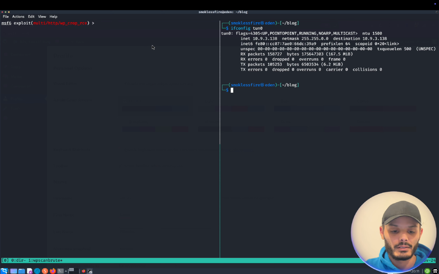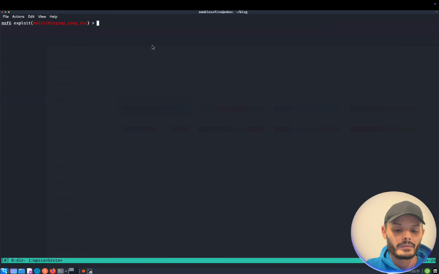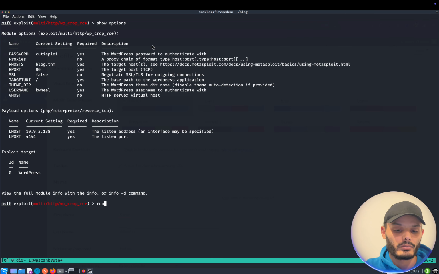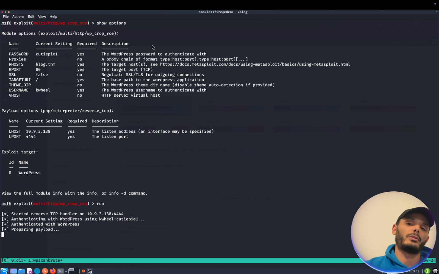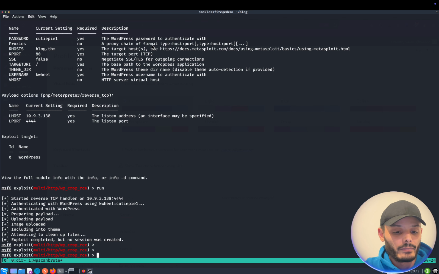So this you can exit it. And now that every option is set, we can run the exploit and hope it works. Okay, as you can see here, the exploit is completed, but no session was created. And I looked for it. I found it very weird because the WordPress version is correct, the username and password is correct, and then